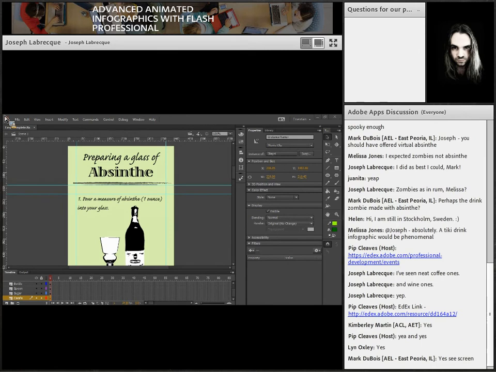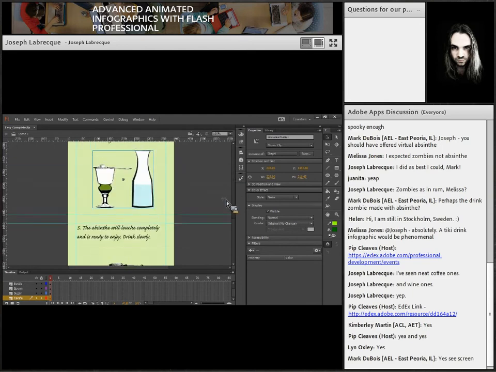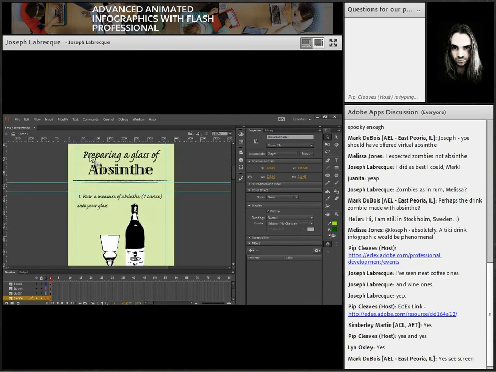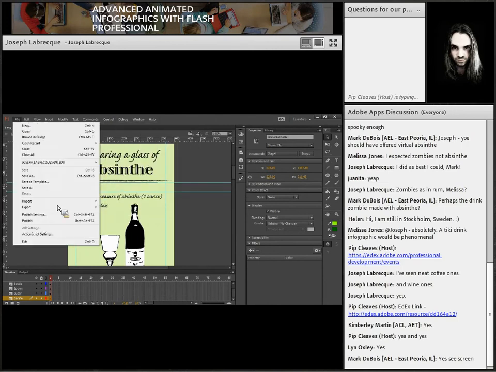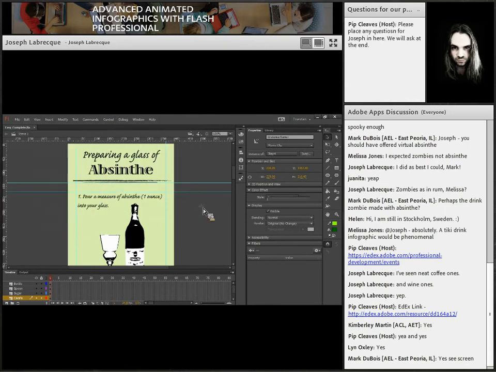So this is pretty much what we came up with this morning. In the morning session, we did a basic animated infographic using Flash Professional, something that's based inside of Flash Player. And whenever we want to actually publish this, we can just go to Control, Test Movie in Flash Pro or the browser. That'll render the SWF for us. Or, of course, we can go File, Publish. And what we get is